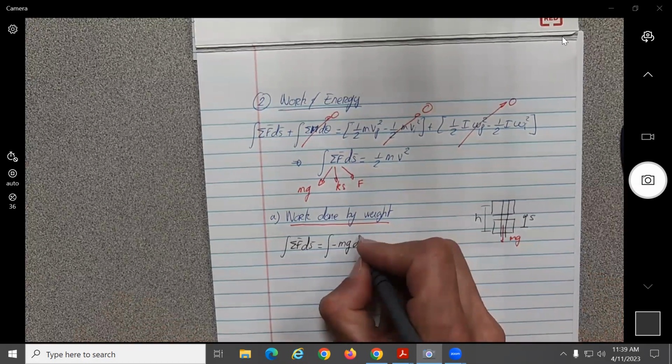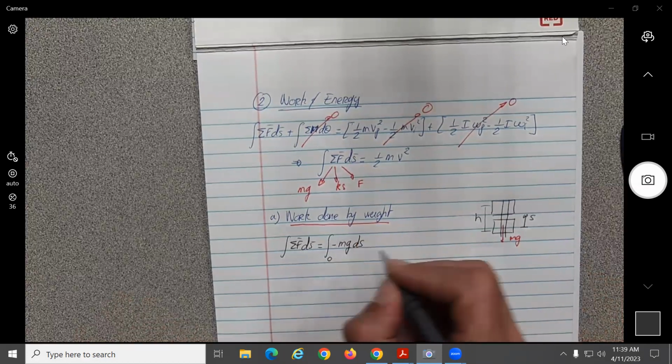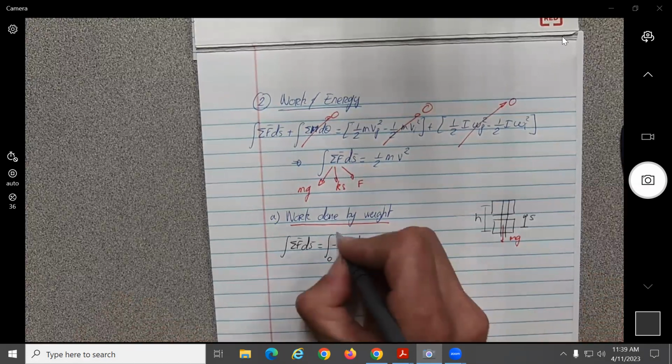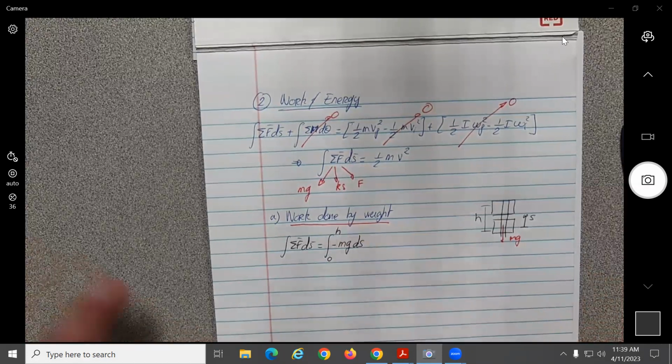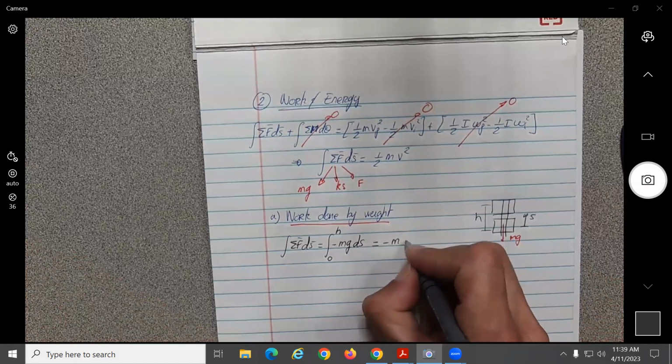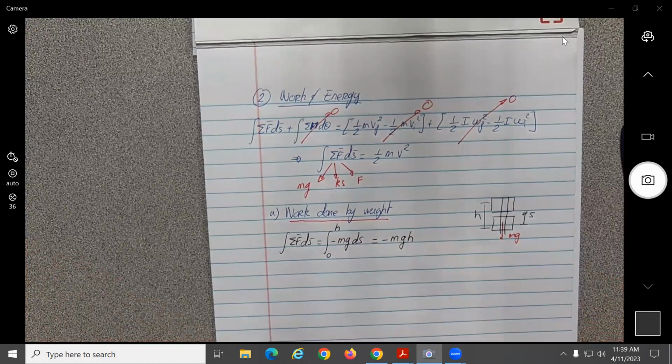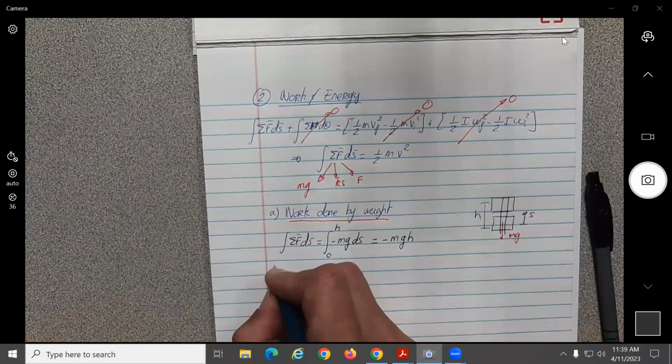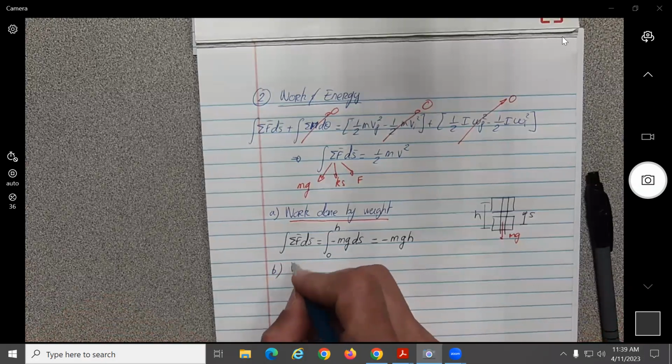Now if I do ds here, it should be integrated between what? 0 and h, which is the 1 foot. So this is basically just going to give you minus mgh. If you think about it, this is the expression for the potential energy, no? Okay. Now, B, let's say the work done